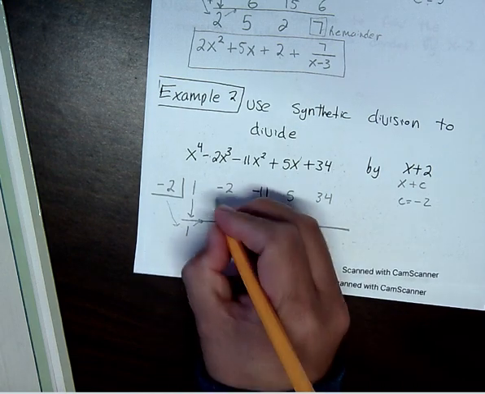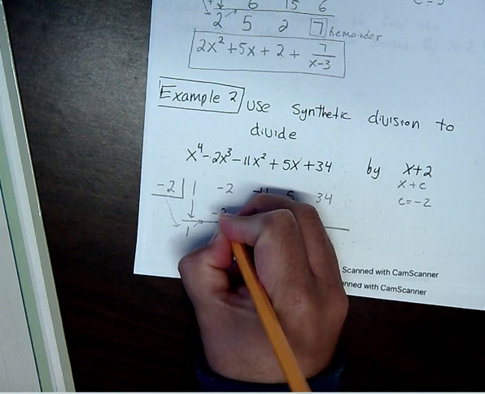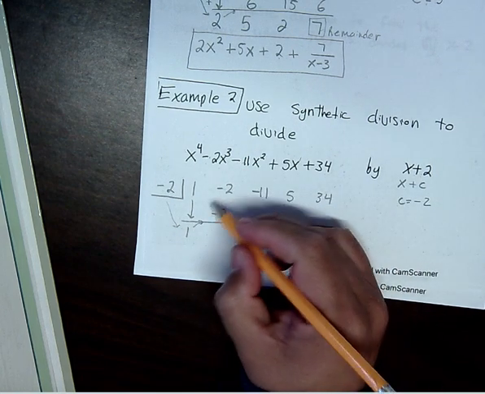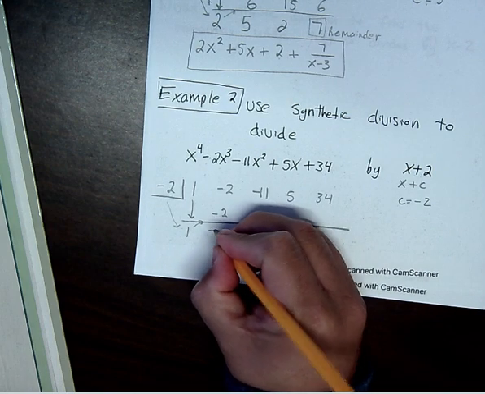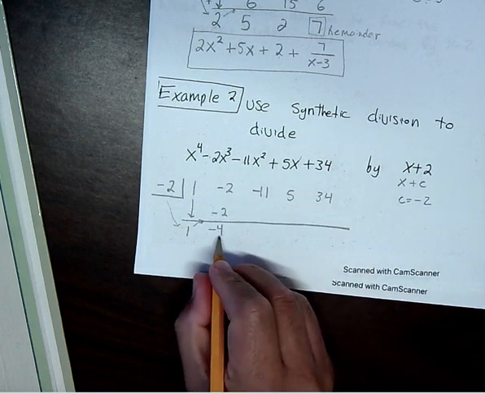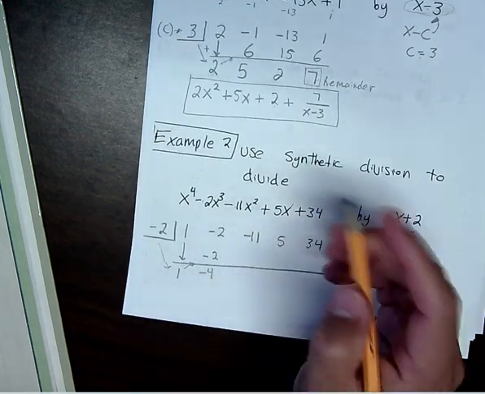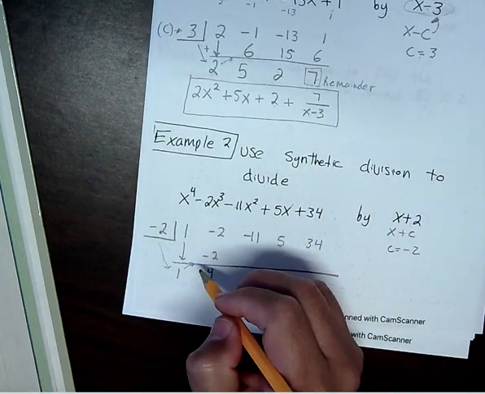-2 times 1 would be -2. And then add, like that. -2 plus -2 would be -4. So you see how we're getting negatives now? It used to be everything was positive here. Now we're getting negatives. So -2 times -4 gives you